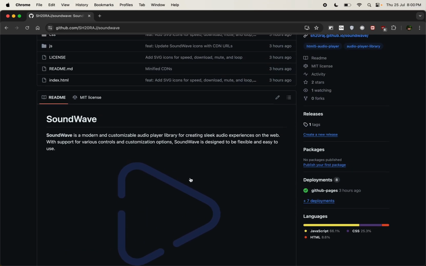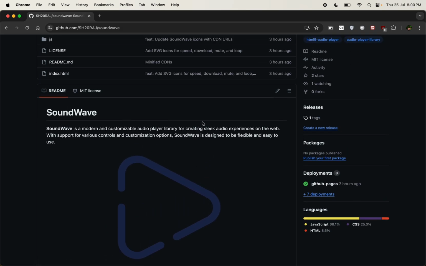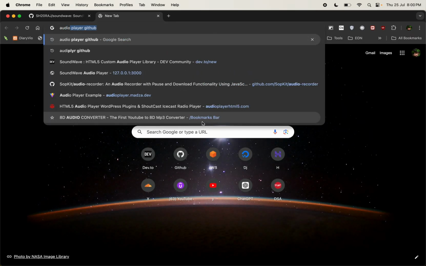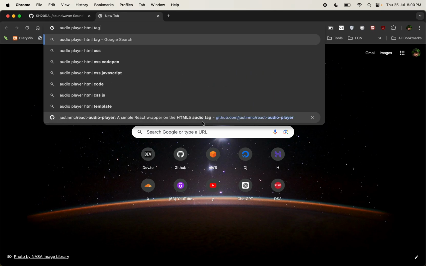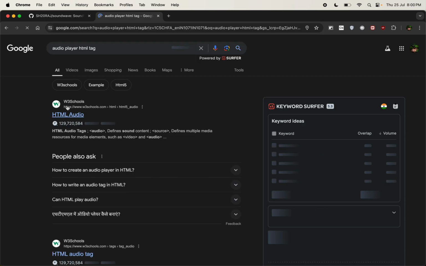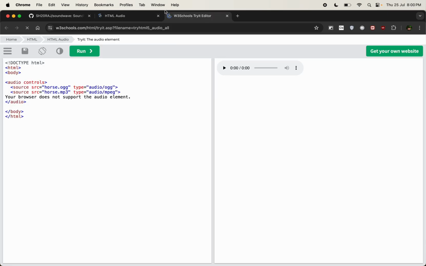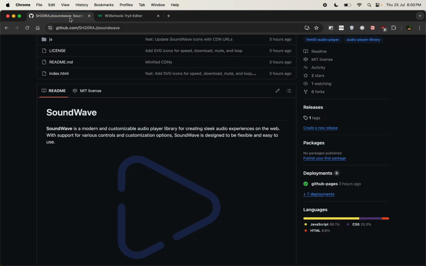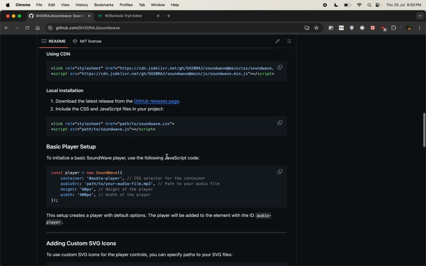So hello guys, today we'll see how to add a custom audio player, that is Soundwave, to your normal audio player and make it stylish, just like the audio player HTML tag. If I go here, you'll see this is the normal audio player, but if you want to add this audio player to your normal audio player, you can